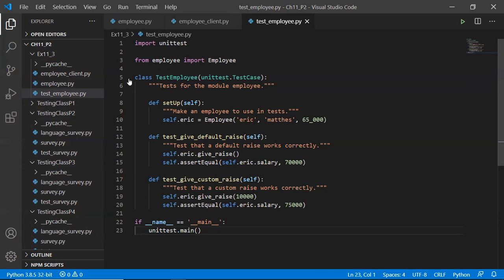So if you'll notice, I have inheritance on line 5. This class inherits from unittest.TestCase. That gives me the ability to use the assert methods. So inside of my setup, I guess I'm only going to test one guy, right? Did I only consider? I guess I did. Inside of the setup, I'm going to go ahead and instantiate an object,